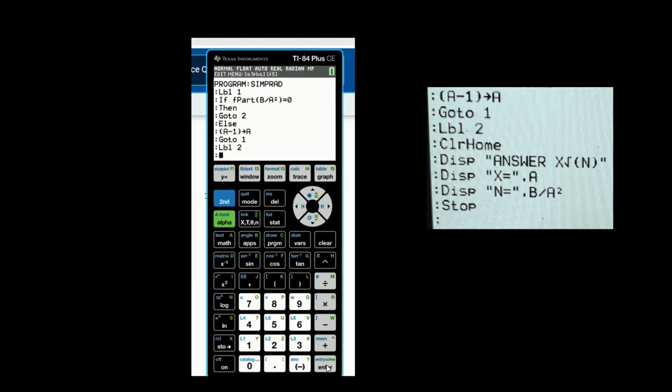So after pressing enter, we will just press again program and then go to I/O, I over O, and then just go down and then find the number 8, the CLRH home or CLR home. And then after that, just hit enter. Okay. And then after that, enter again.